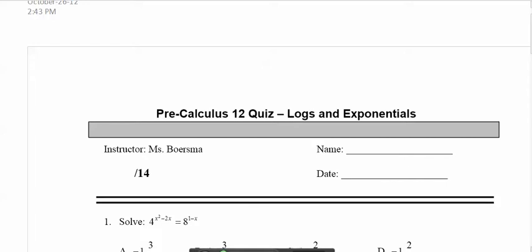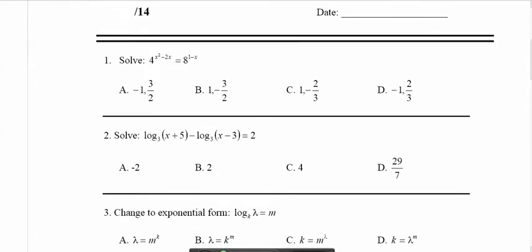Here are the solutions to your quiz on logs and exponentials. For the first question, both of the bases are related to base 2, so we can rewrite 4 as 2 squared, and we can rewrite 8 as 2 cubed. Then expanding the exponents, we get 2 to the power of 2x squared minus 4x equals 2 to the power of 3